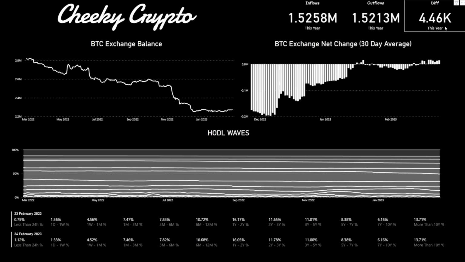So 4,446, 4,460. It isn't a lot of Bitcoin. It really doesn't swing the needle in either direction. It's a very neutral market at the moment, not bullish, not bearish,